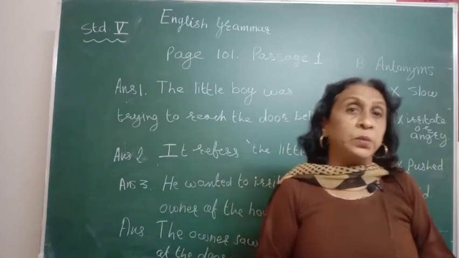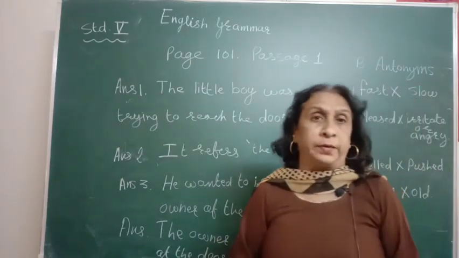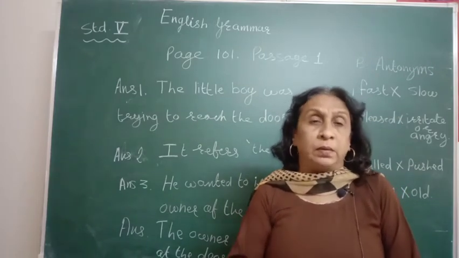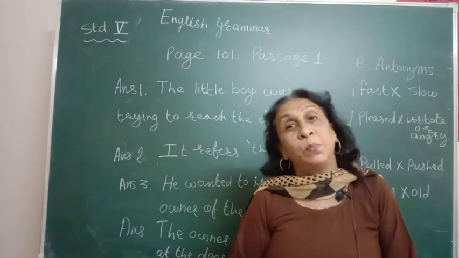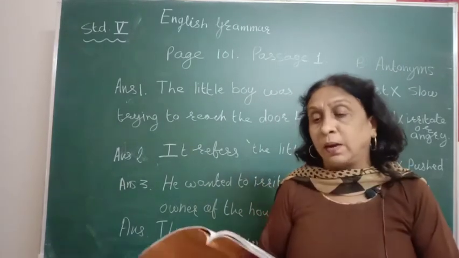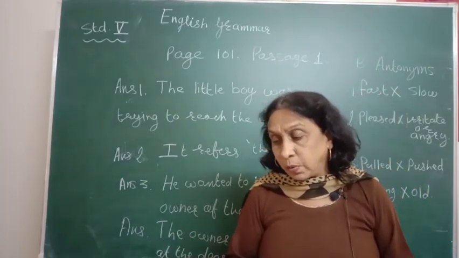After giving the points, you have to frame the story and see that you write each point, not to miss out a single point. And you have to give the name, the title for the story, and the moral. This thing you should always remember. Now look at page number 116. Story writing: the shepherd boy and the wolf.